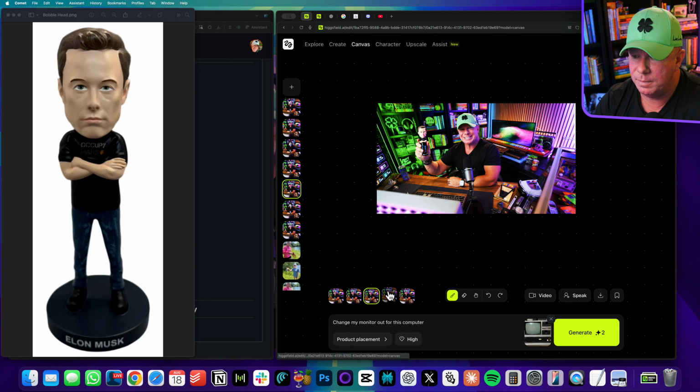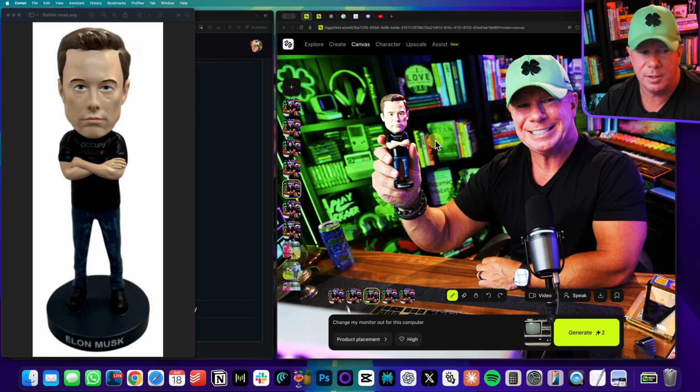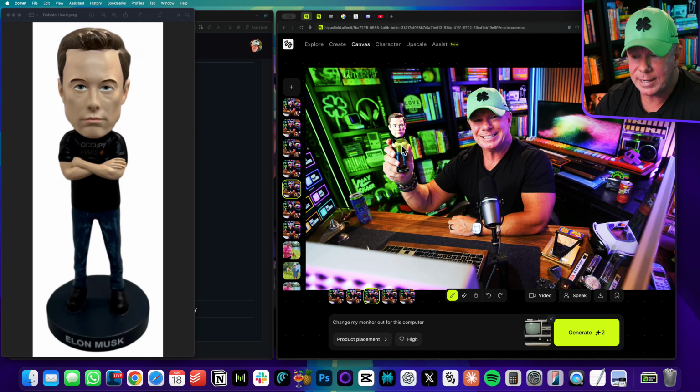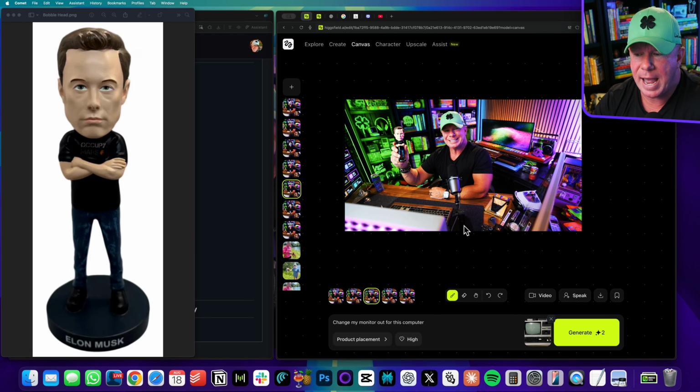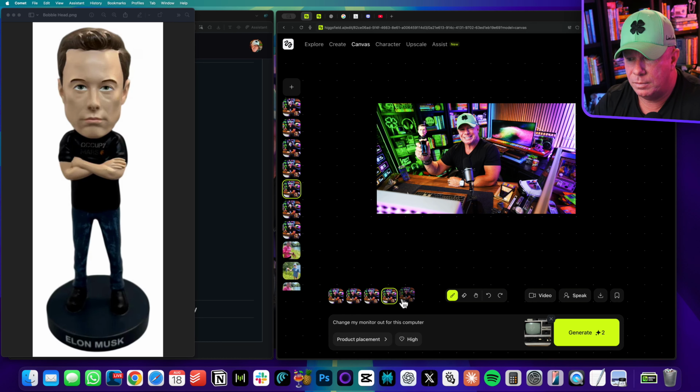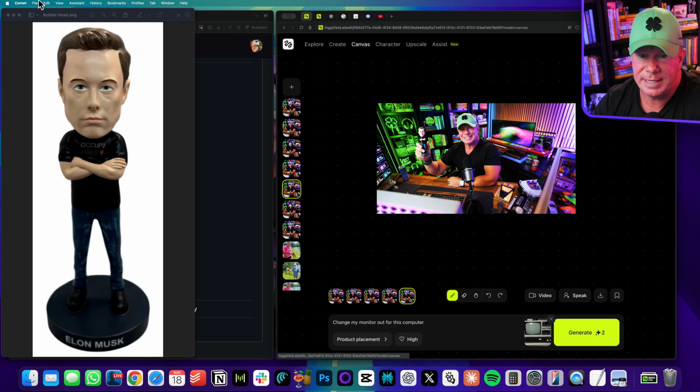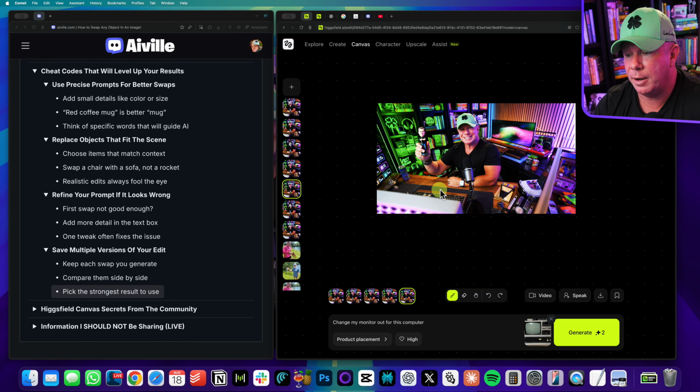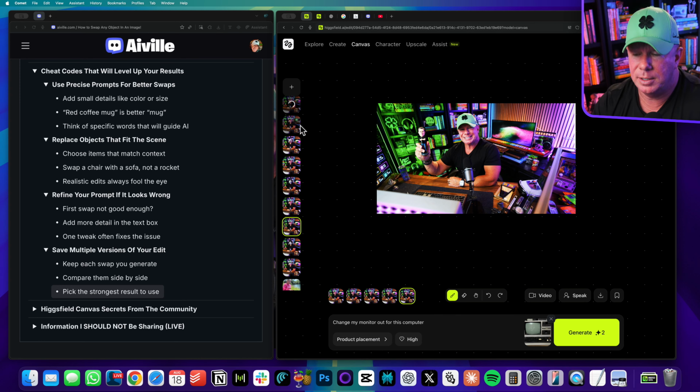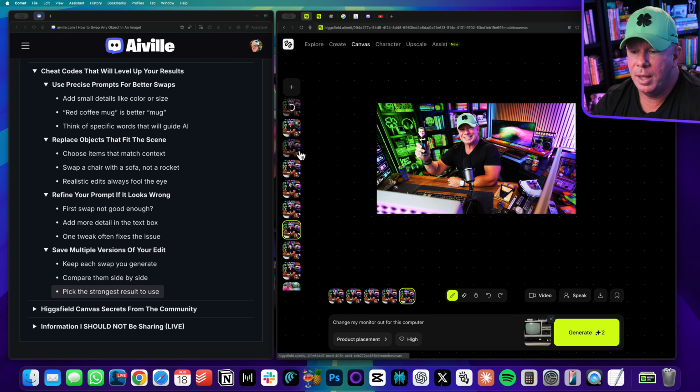And it gave me 4 of them. So, I mean, there's some that are better than others, but it even made the bobblehead, and it put lighting on the bobblehead from the hair light above me. So it tracked all that, and it even made it accurate in terms of the proper size and dimensions of a bobblehead. So this is how you can really take things to a crazy level by just being smart about what it is that you could put in your hands or in the background that would be kind of accurate.